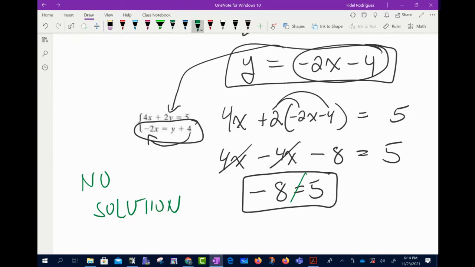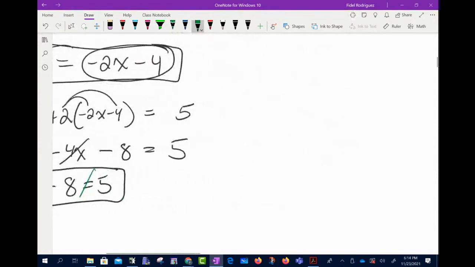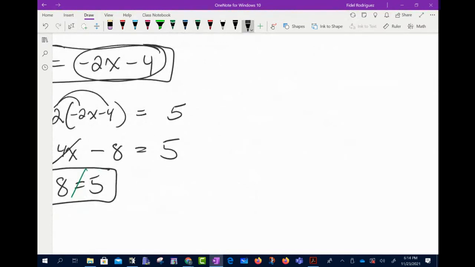Again, I want to go back and think about what is it I'm trying to find. I'm trying to find the point where the two lines meet. And we came up with no solution. So again, you don't have to do this part, but I just want to give you all a visual of what's happening here. So on a visual basis, what's really happening is